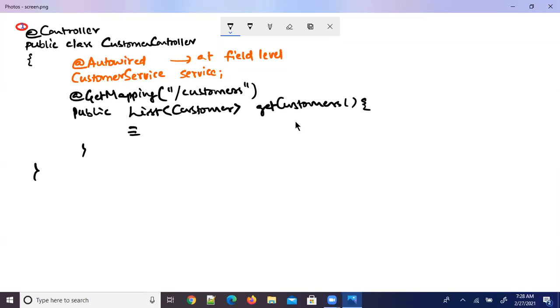Good. Next, one more question asked by Ramesh is about @Bean and @Component at the same time. Actually, about @Bean, I would like to tell you first of all, that's a rule at the time of learning annotations. You have to identify first of all where it is applicable. See, @Component is applicable only at a class level, and you cannot use it anywhere else. @Component annotation is applicable only at a class level. @Bean annotation is applicable only at a method level.